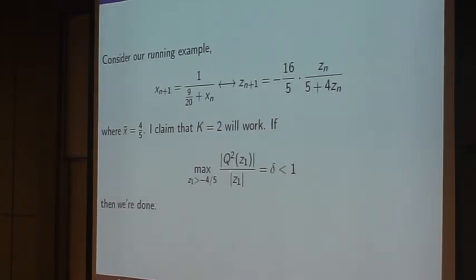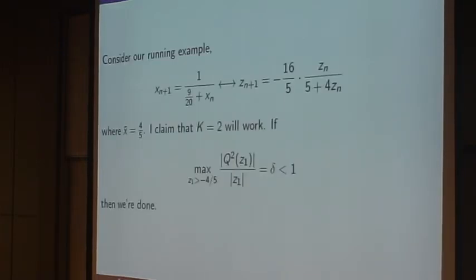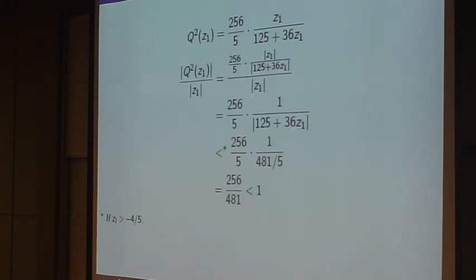If I just show you that this maximum here is less than 1, then that's it. All right. Well, q squared, remind me what this is, our original function. We just have to iterate that one more time, and we get this guy. And do some arithmetic, take some norms, do some cancellation, and